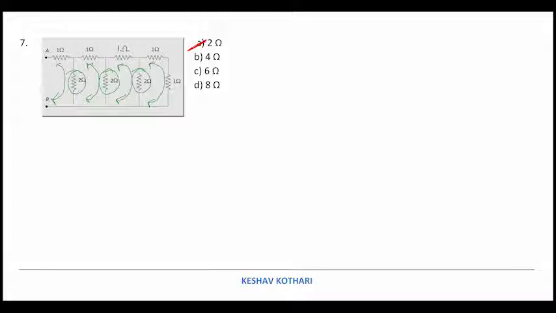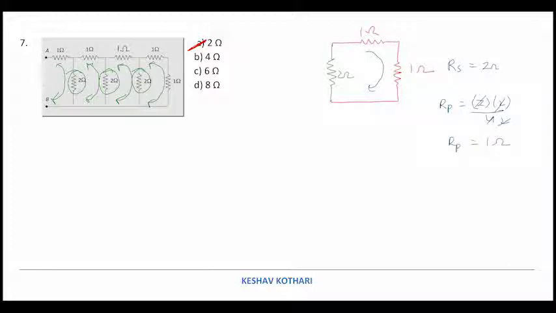And for the sake of solving, I am showing you one set of calculation, because the circuit is repeating itself. So I am drawing it this way, that this is 1 ohm, this is 1 ohm, and this one is 2 ohm. So if we take series value for this, R series is equal to 2 ohm, and R parallel is equal to R1 R2 upon R1 plus R2. So we get this value is equal to 1 ohm. So this entire effective resistance is equal to 1 ohm. So I can again redraw it as 1 ohm and then repeat this circuit. So on solving, in the end we add 1 plus 1, that is 2 ohm is the correct answer. Let us move to the next one.